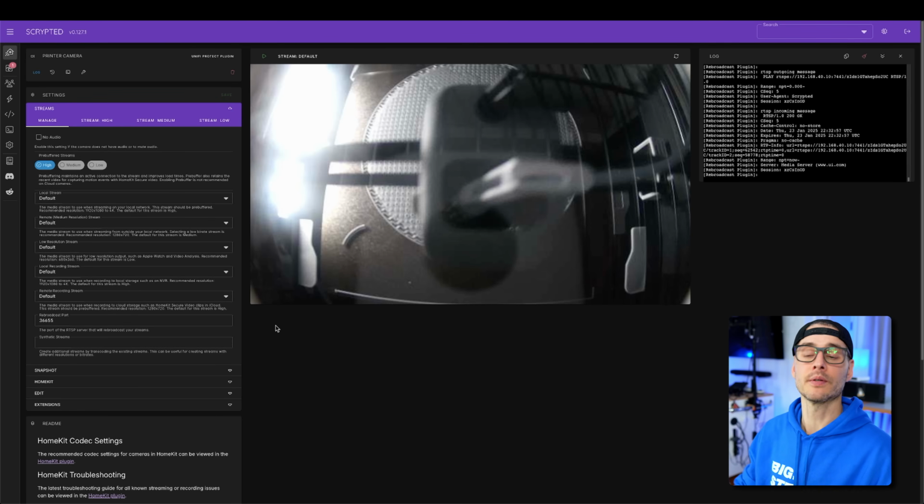Now I know it can connect to HomeKit. I think it can do Google Home, Alexa, and a lot of these are supported, and a lot of different camera systems are supported. So anyways, I use this to get those video feeds into there for other reasons, but I use Scrypted to do it. It's open source. It's awesome. Scrypted can also be used as an NVR too. So really cool piece of open source software.